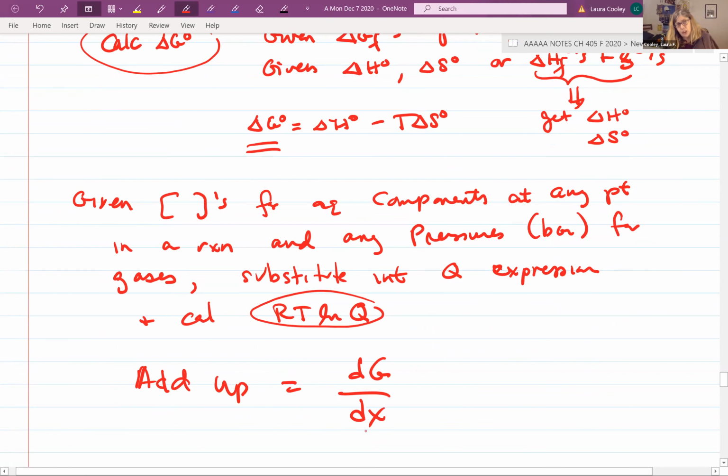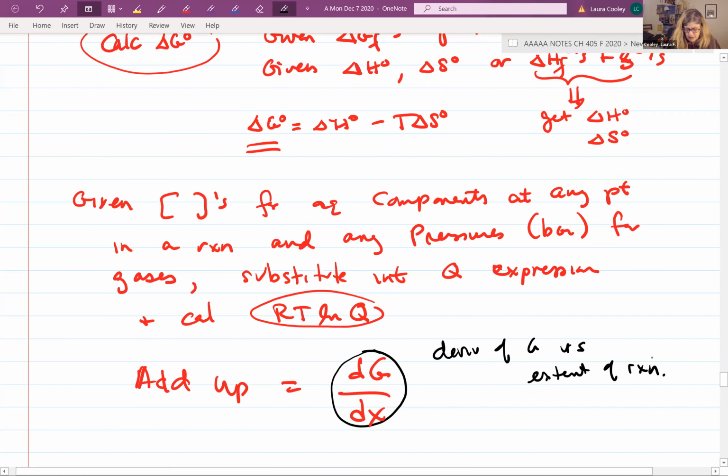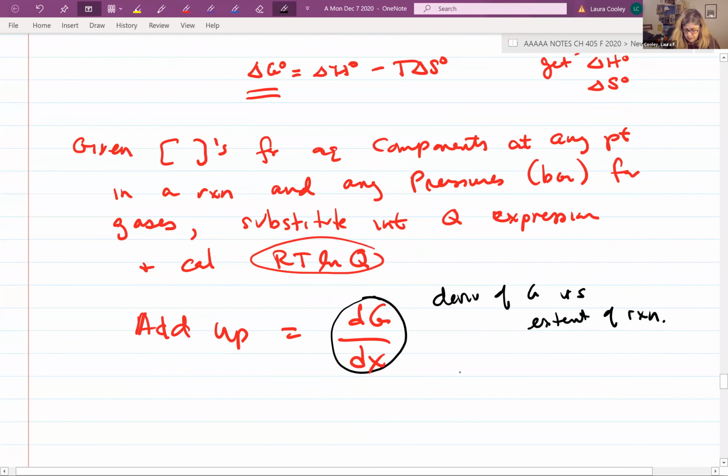Now, by the way, in the book in chapter 9, I have a couple of little sections to read, which are outlined in assignment 6, which is posted. On top of assignment 6, it says what to read, if you want to do that. When you get your dG dx, that's what it is. It's the derivative of G versus extent of reaction. But the book calls it something completely different. The book has a new name, and it calls it the reaction Gibbs function,